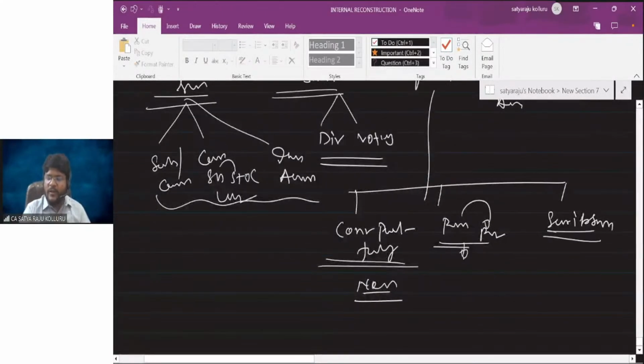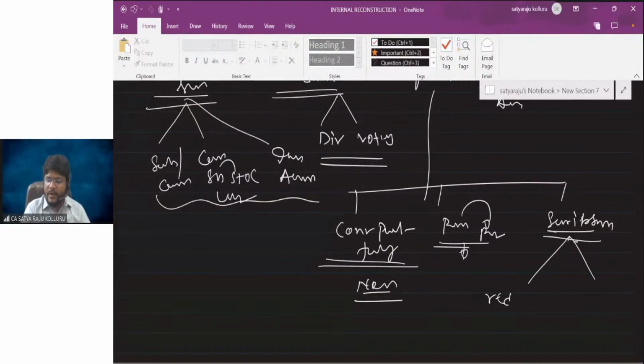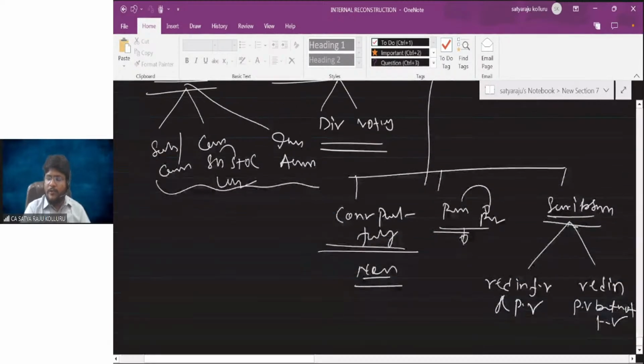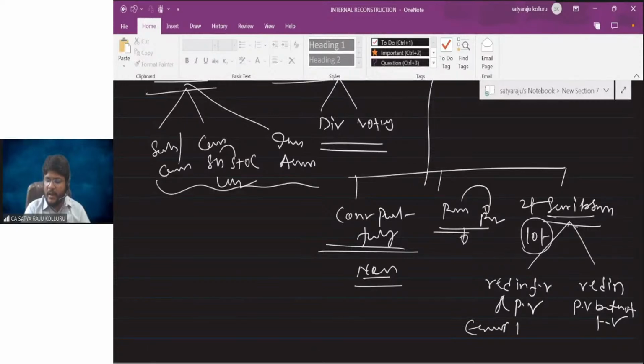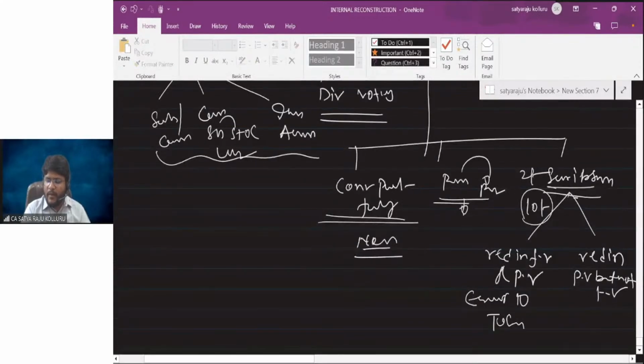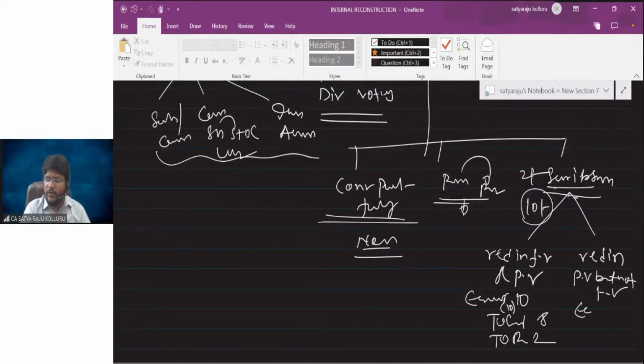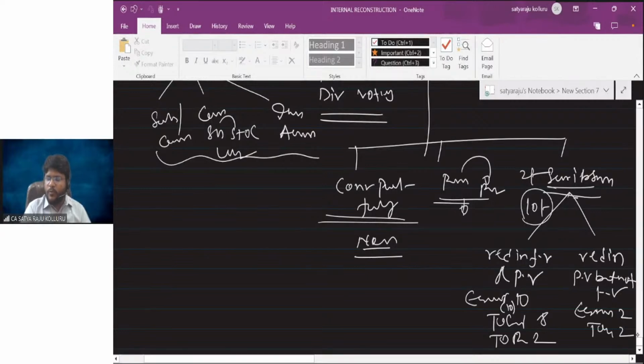Now, a sacrifice made by the shareholder, or a reduction in paid up capital, happens in two ways: reduction in face value and paid up value, or reduction in paid up value but not face value. Let us assume the face value of the share is 10 rupees and the sacrifice was 2 rupees. Here the entry is equity share capital 10 rupees to equity share capital new 8 rupees, to reconstruction 2 rupees. If this is the situation, you may write equity share capital to reconstruction 2 rupees. That is the difference. Always presume that if nothing is given, there is a reduction in face value as well as paid up value.